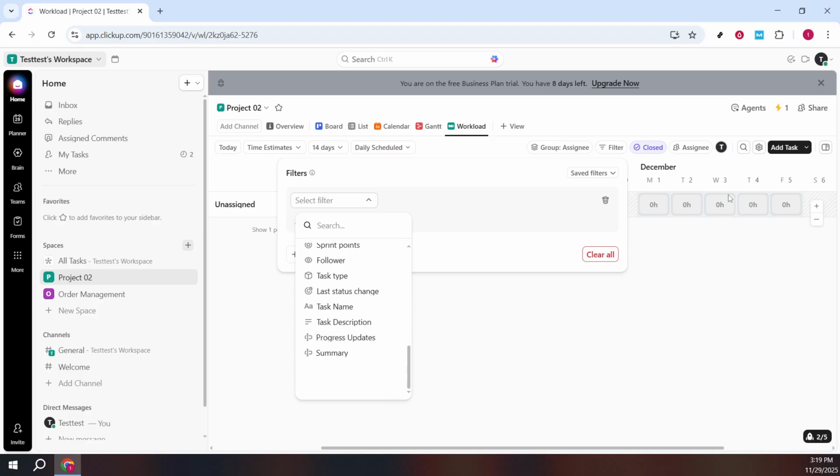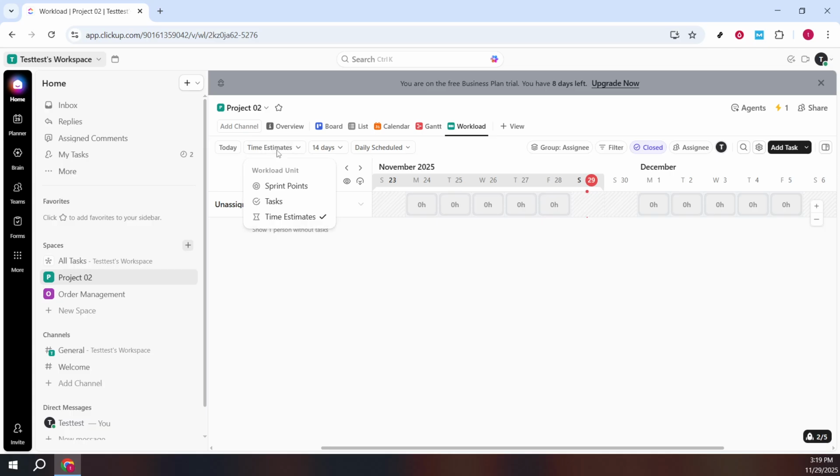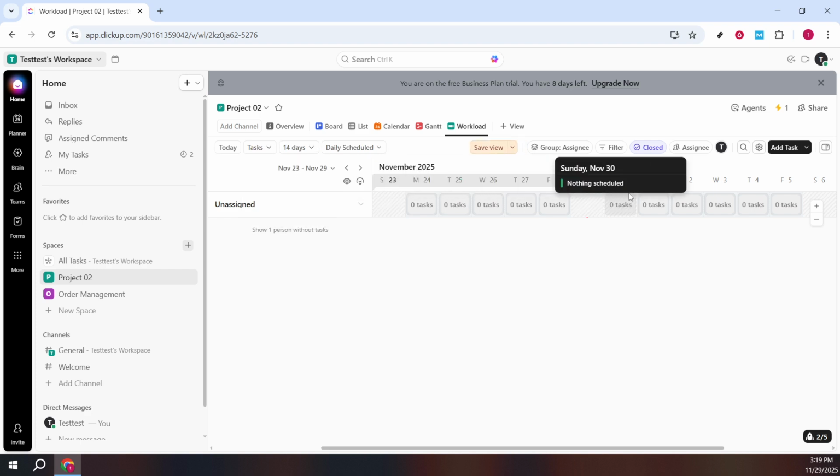Workload really shines when you use time estimates in the daily schedule. Add or adjust time estimates on tasks so the system can visualize capacity accurately. In daily schedule mode, you'll see each person's planned hours stacked across the day. If someone is over capacity, that will be clear at a glance, and you can redistribute tasks to balance the load. A quick drag and drop to a different day or assignee can relieve a bottleneck without changing the underlying